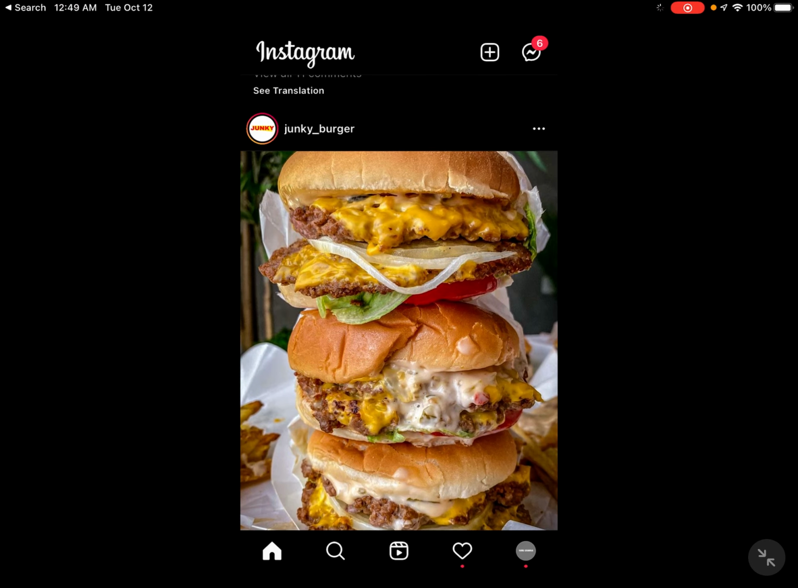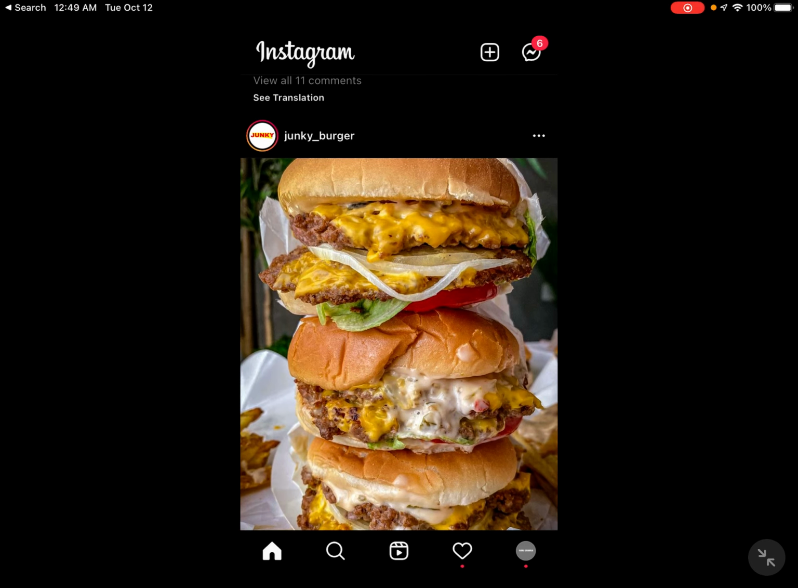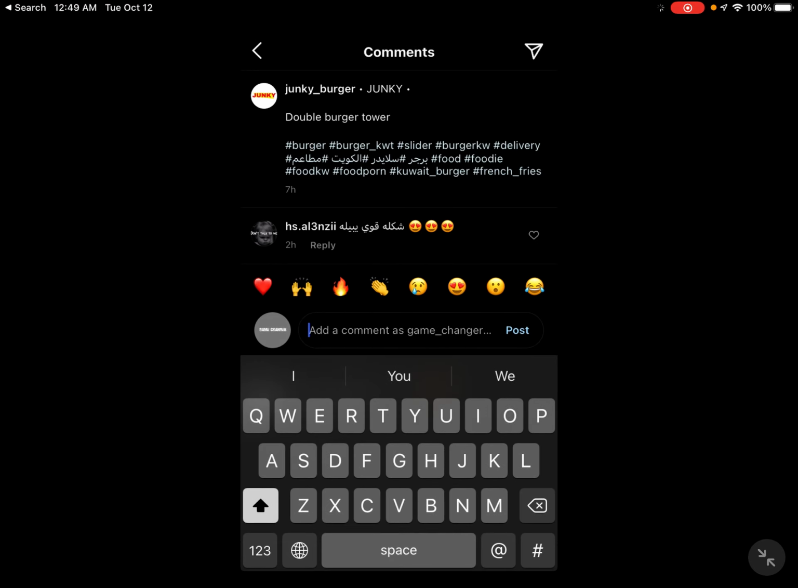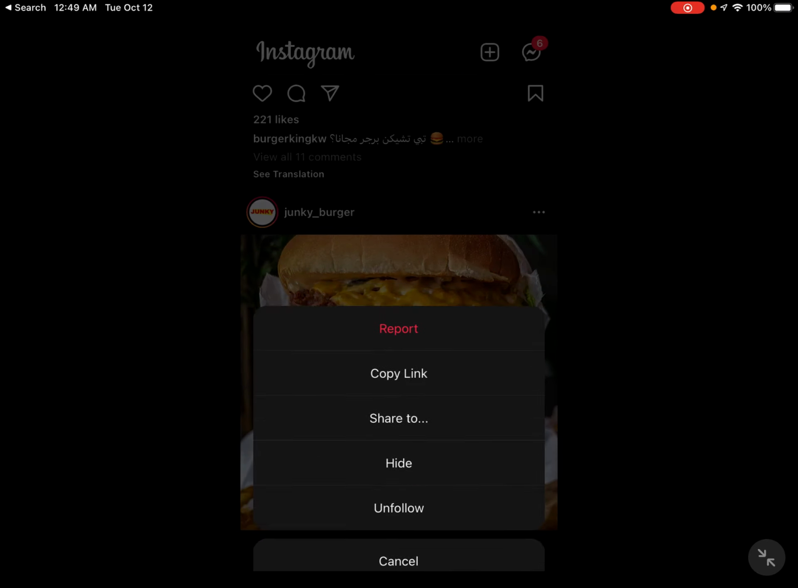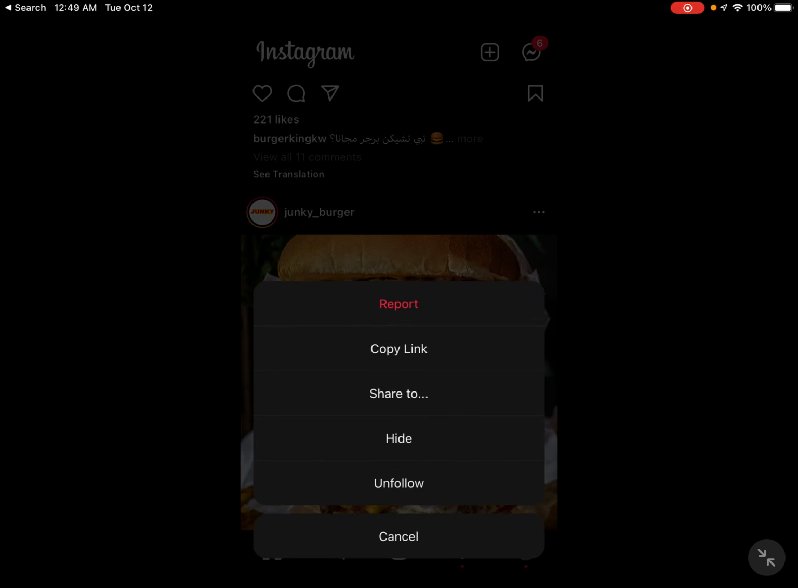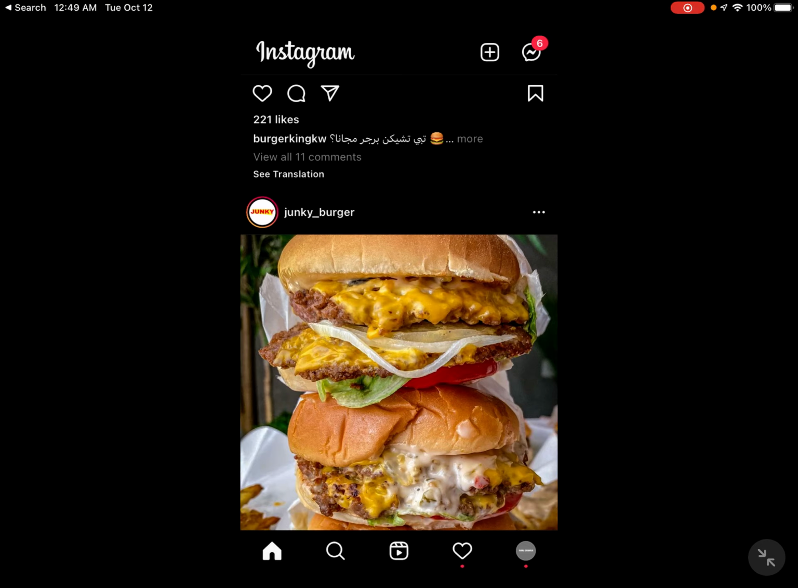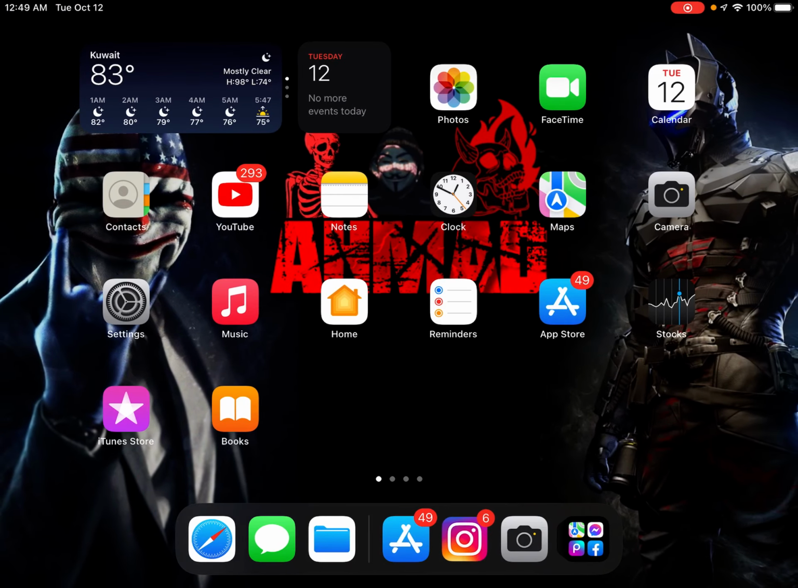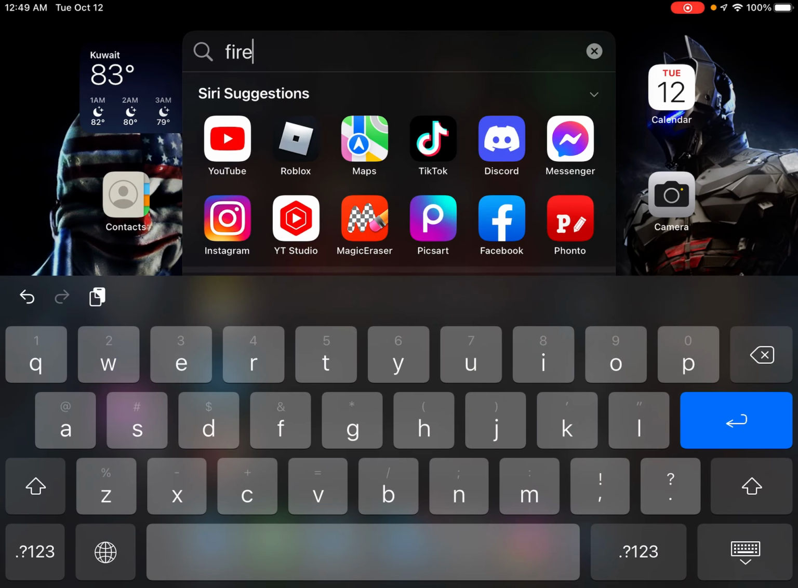Like this, the junkie burger. So I want to save the caption. Okay, here, see the caption he wrote, like the junkie double burger tower. You can't save it through the app. So first of all, tap on the three buttons, press on copy link, and now go to Firefox